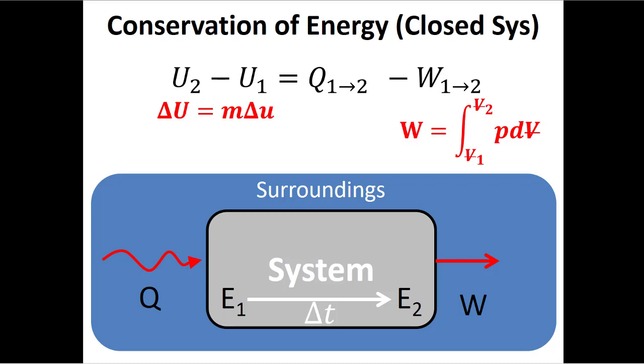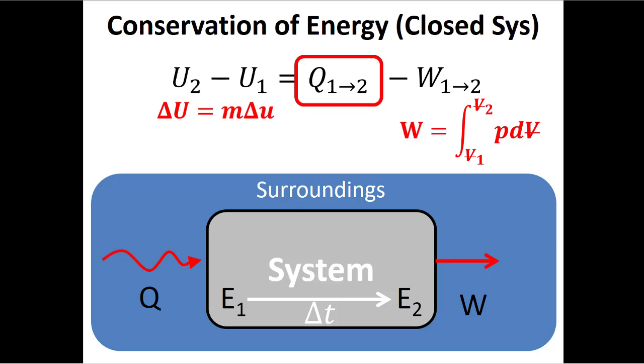And the nice thing about this is that the specific internal energy for any type of mass that's at the same state is going to be the same, no matter how much of that mass you have. And then you make the answer unique to your problem just by multiplying by the amount of mass that you have in your system. So if we could find those specific internal energies at state 2 and state 1, and